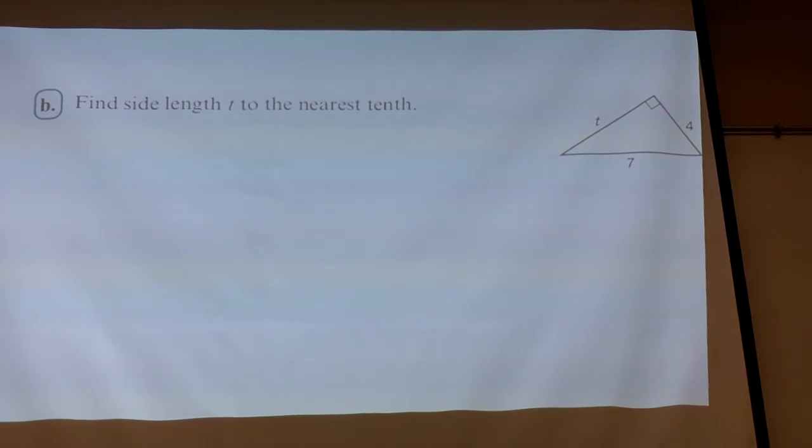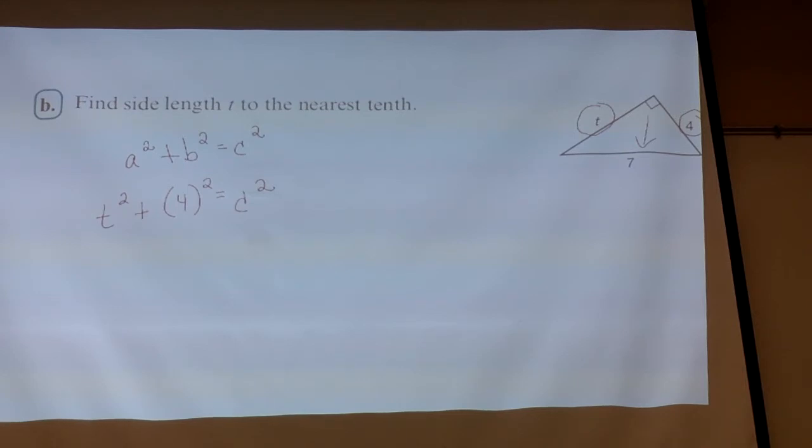All right, so you can pause it and work this one out. I'm going to get started on the problem so that I don't take too much of your time. We've got a squared plus b squared is equal to c squared. I know that t and 4 are both the legs, and the 7 is the hypotenuse because it's across from the right angle. All right, so I'm going to say t squared plus 4 squared, and you can have those legs in any order you want to, is equal to c